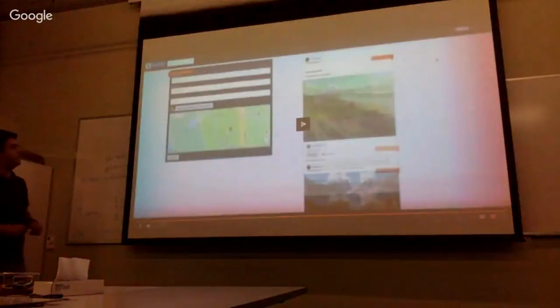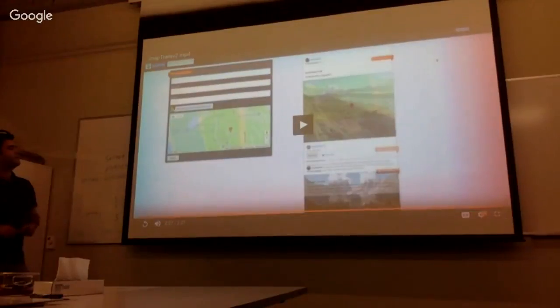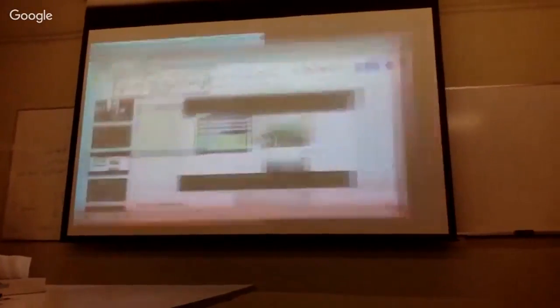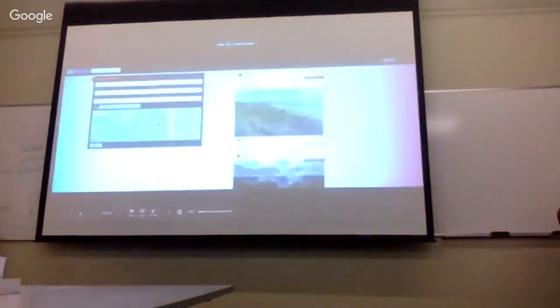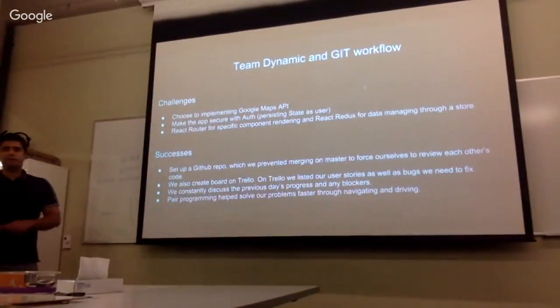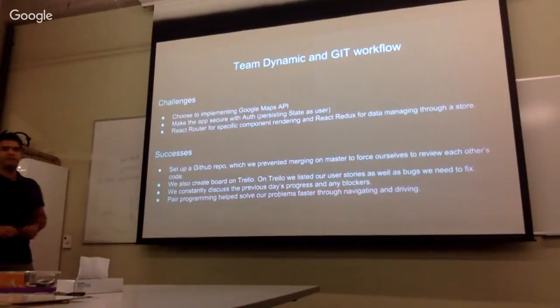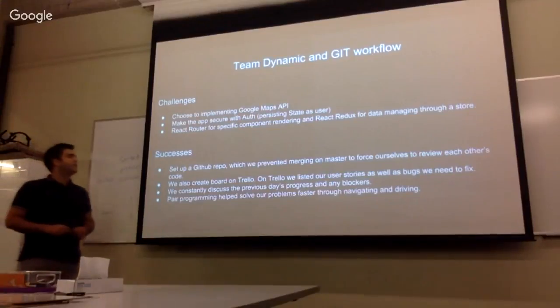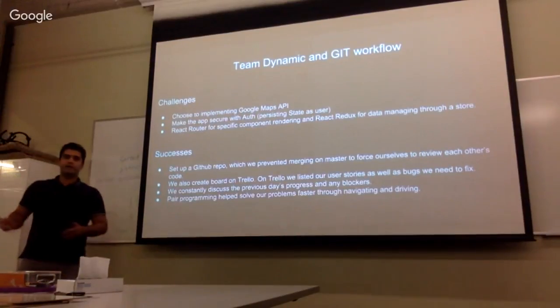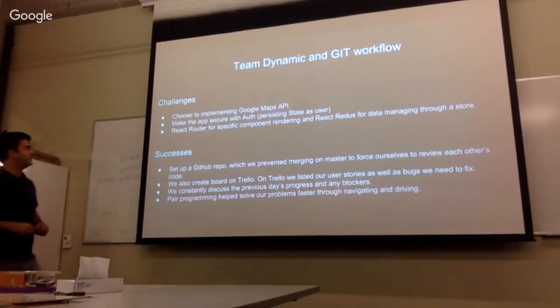Pretty much it for searching. Now we step into our dynamic and Git workflow. Since we wanted to start the app, the first thing we wanted to do is implement the Google Map API, so the users can make the post or get the location from the post. We also want to make the app secure. We only allow the user to make a post if they're logged in and